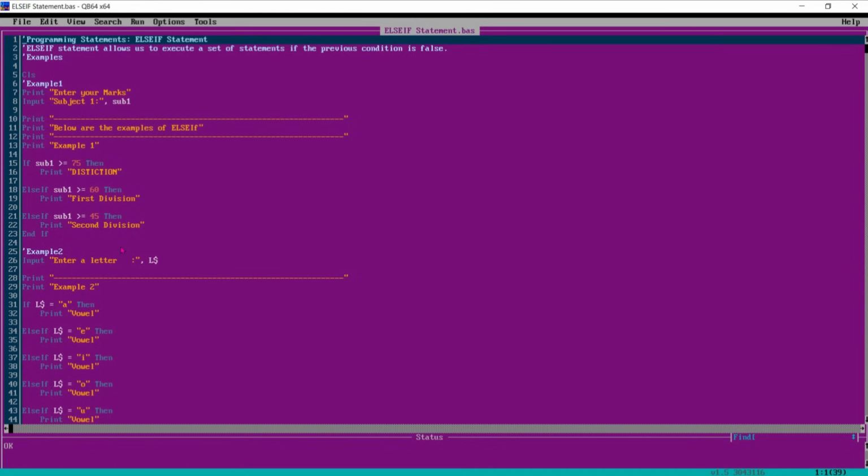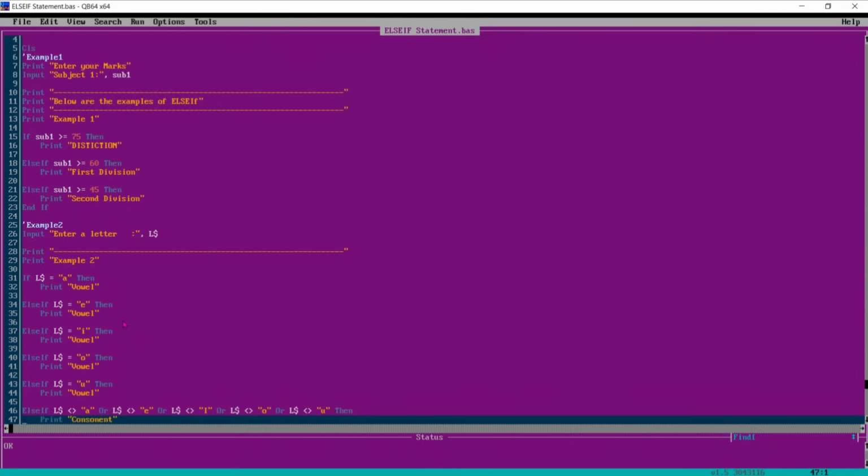Example 2, enter a letter. This is a string variable. Print example 2. We are inputting here, enter a letter. If this is A, then print vowel.